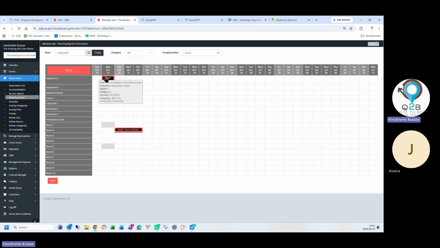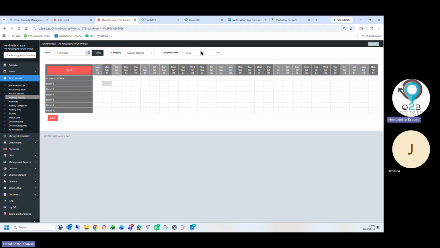So if I book the whole apartment, all the rooms will close up that belongs to that apartment. If I book a room, what we've done here, booked one room, the apartment that's part of that room will close up because now the apartment is not available in full anymore. So that's what we call room splitting. And then of course you get your separate rooms. The screen is very easy. It's only for internal use.